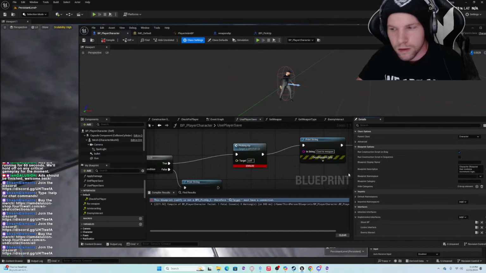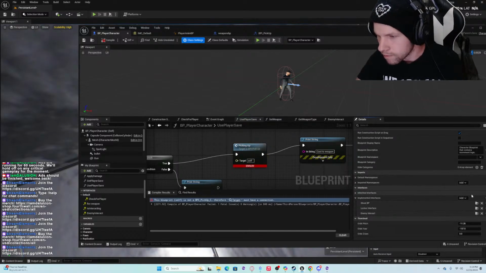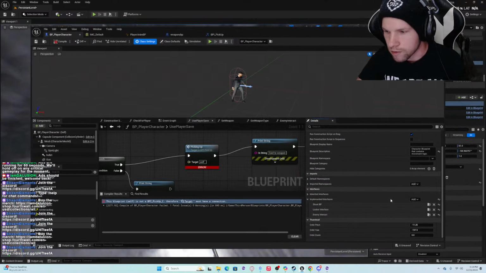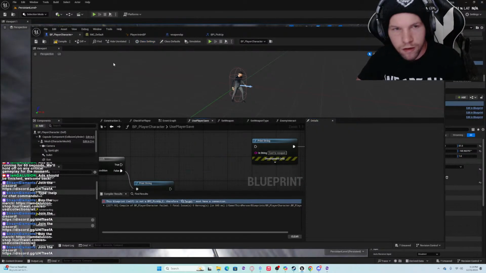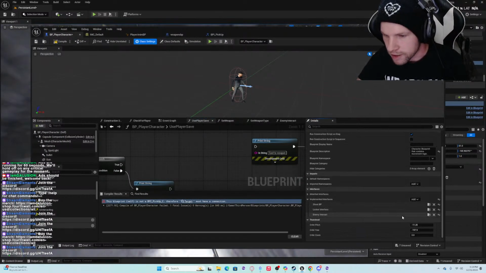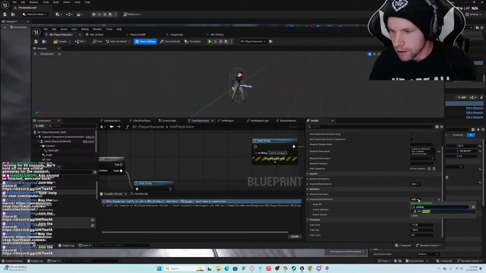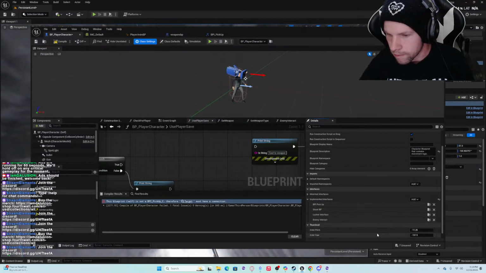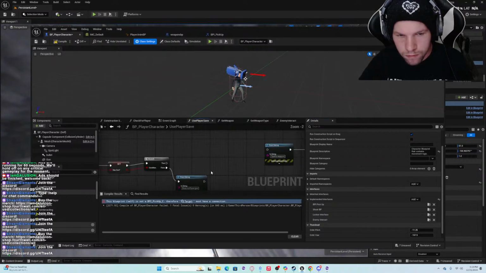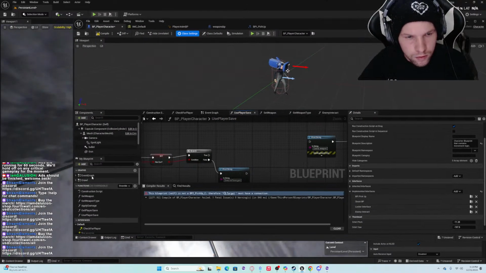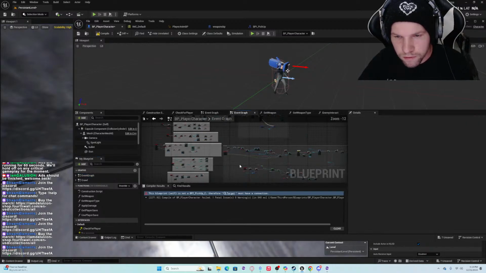Okay, let's. Okay, we just need to re-add the interface again. Add, pick up. And go to the event graph.